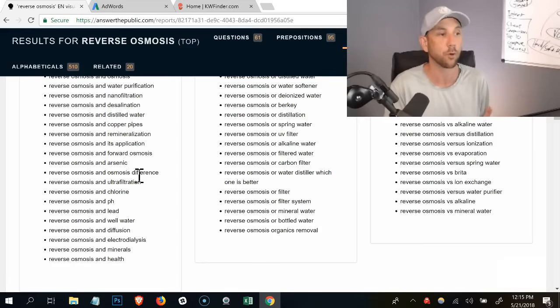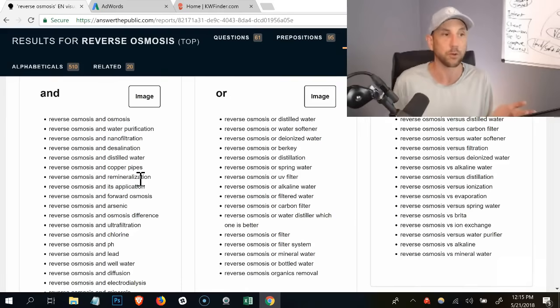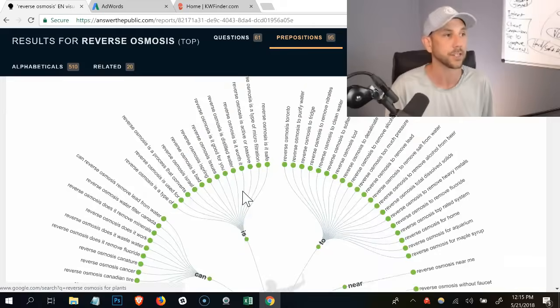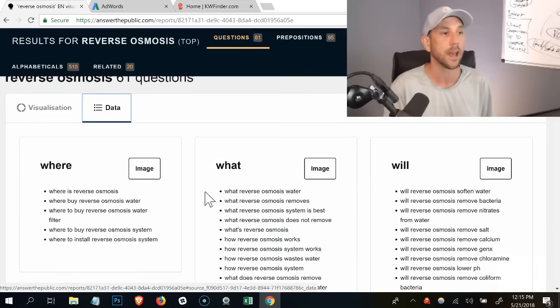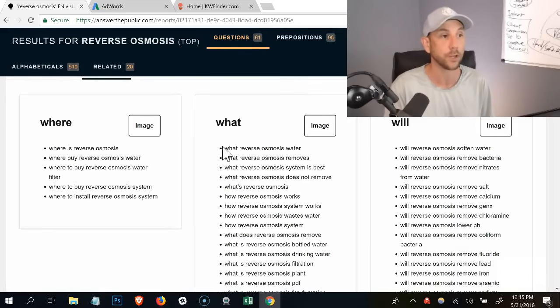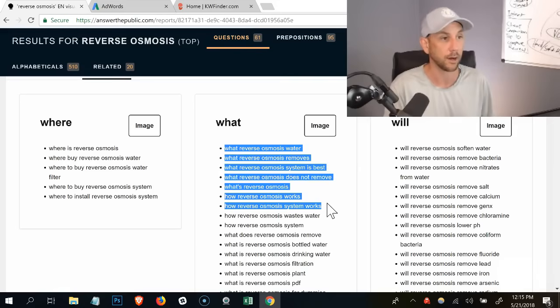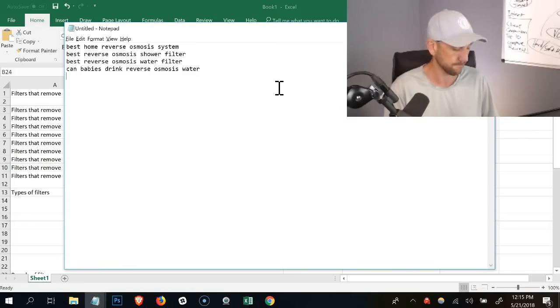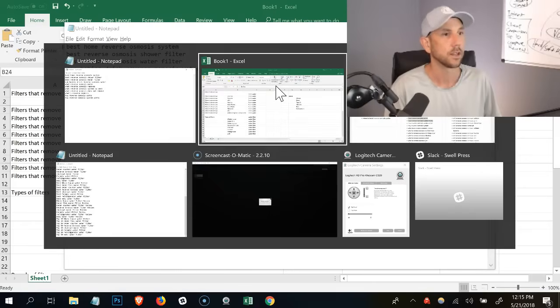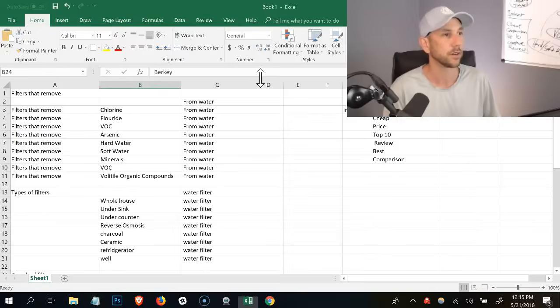Someone who is searching for, essentially, do I do reverse osmosis or this? These are the kinds of phrases they will search, and you can see I can tick that box to switch it over to data on every one of these. You can see what is reverse osmosis water, what does reverse osmosis remove. I think it removes some of the little prepositions here, but these are search phrases that you're able to literally search for. I'm gonna copy a few of those and paste them into my phrase list here. And I'm gonna grab, let's see here.